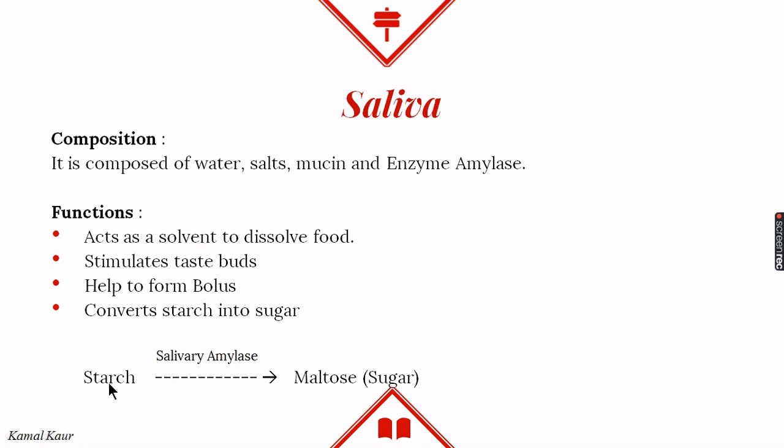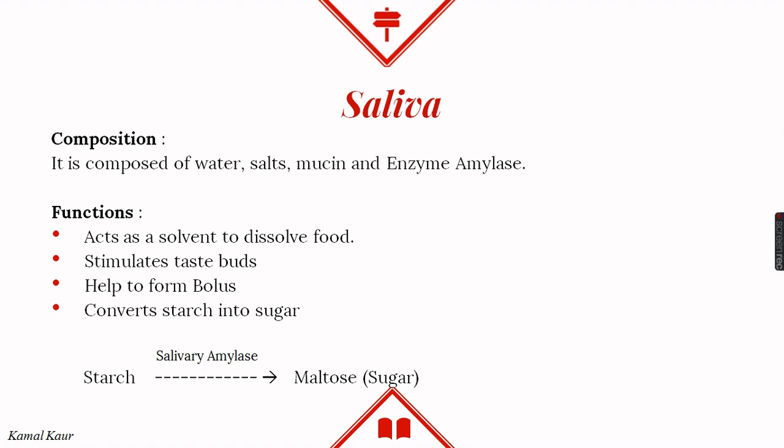And we will be writing it like this, that starch is converted into sugar in the presence of enzyme amylase. Because it has been secreted by the salivary gland, we call it salivary amylase. Now the sugar formed is actually maltose, if you can remember it. Maltose is a complex sugar and it is a disaccharide carbohydrate, which means it is made up of two molecules